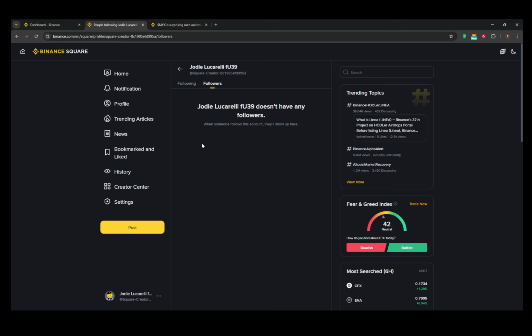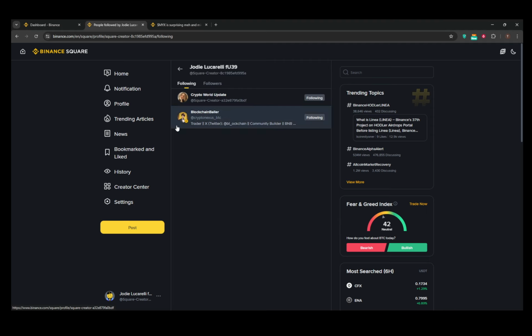Next, you'll see your followings list, which encompasses the users or merchants you have decided to follow. This list can offer insights into who or what you are most interested in within the Binance ecosystem. It's a helpful way to keep track of merchants or fellow traders whose activities you might want to monitor more